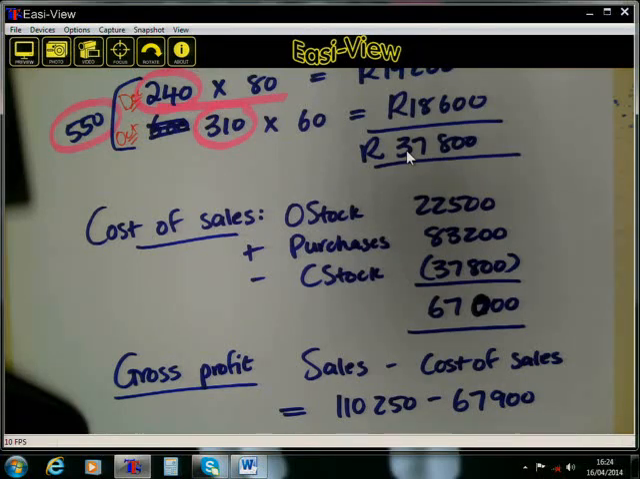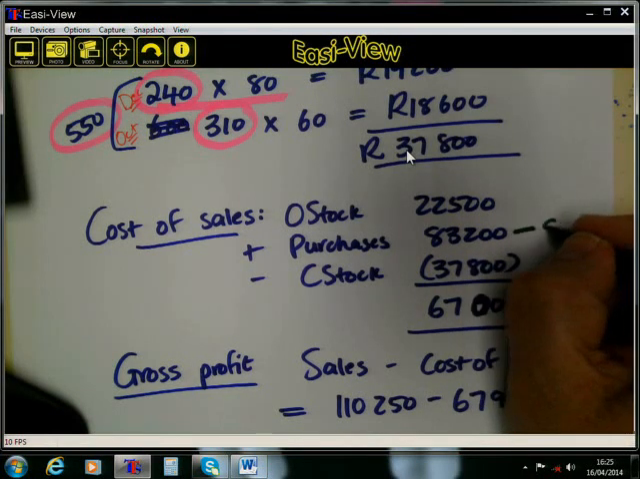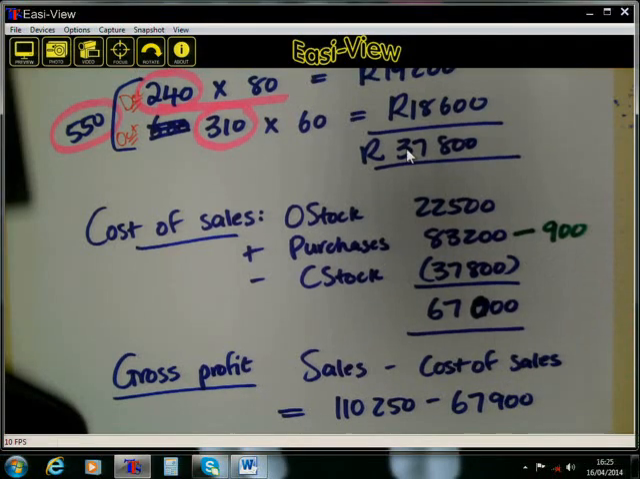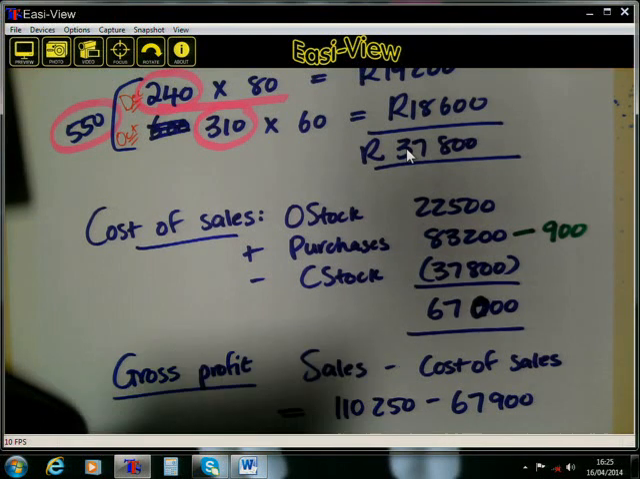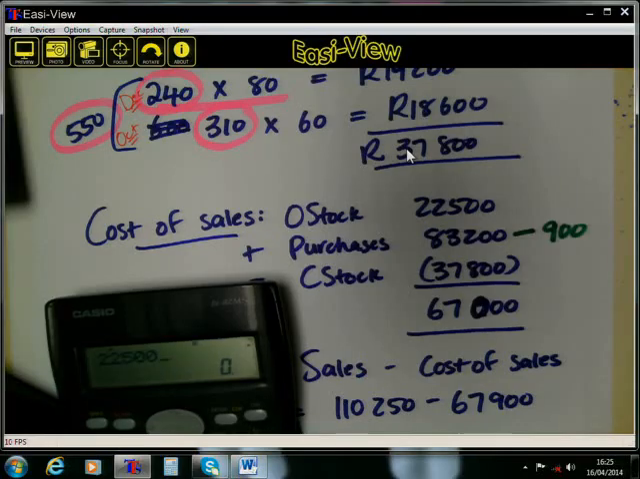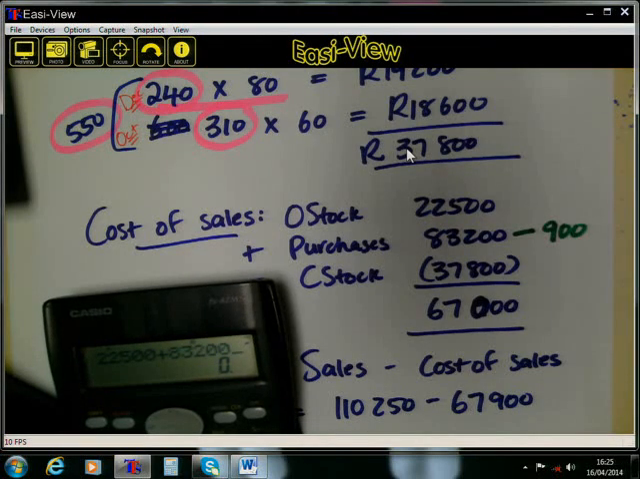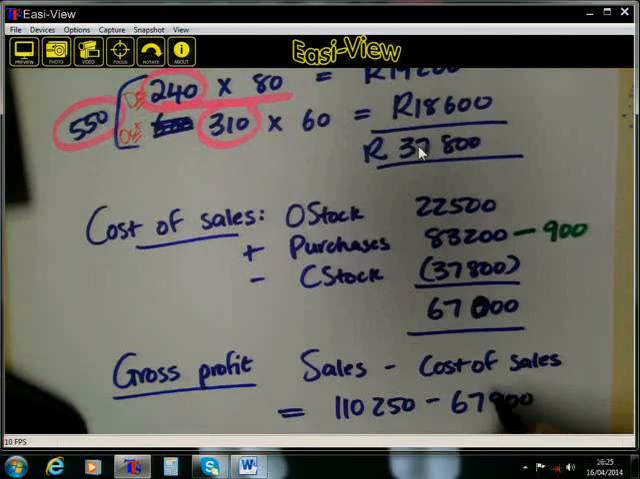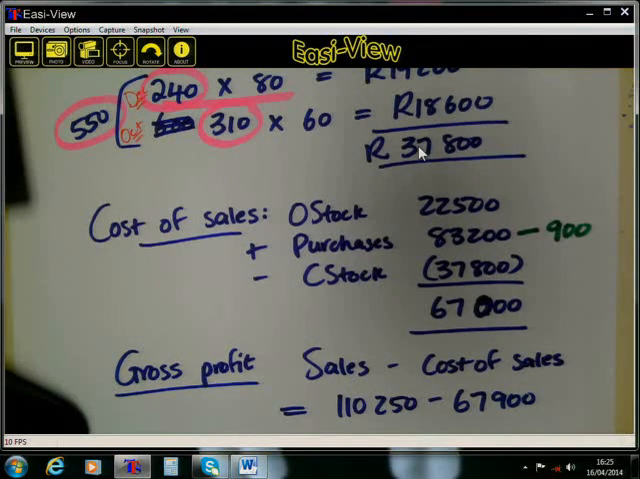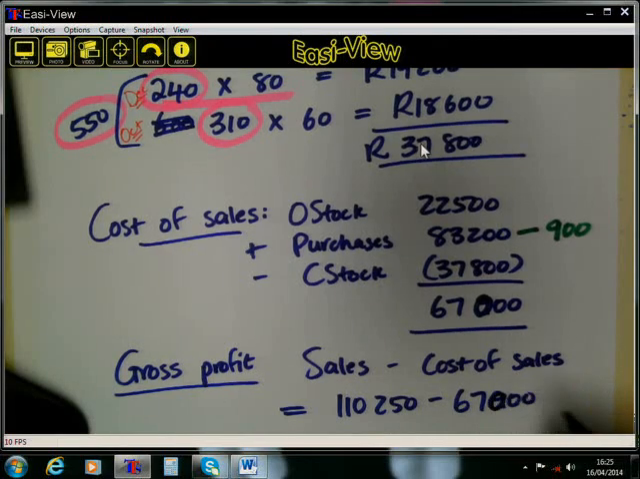Remember, of the purchases that we bought, there was 900 stolen, the value of the purchases. So it's the 22,500 plus the purchases of 83,200 minus the ones that was stolen because we haven't got it anymore, minus the 37,800 gives you 67,000 rand for your cost of sales, subtracted from your sales, gives you